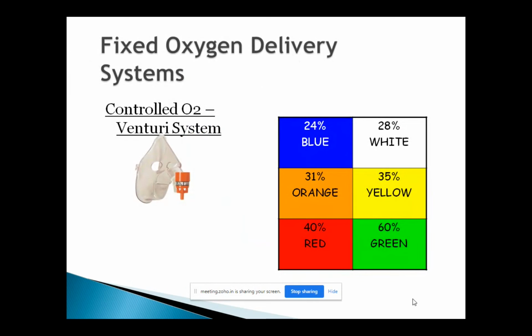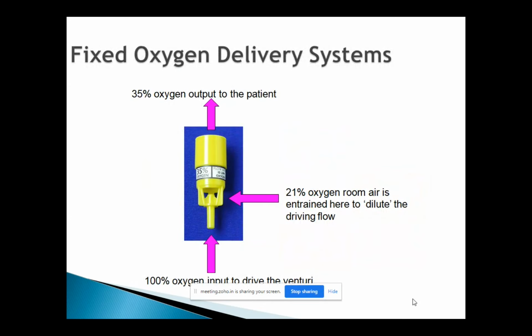So it's important, it's very simple, it's very much color coded, you can't go wrong, and the manufacturer instruction will be on the side of the valve. So 24% will be 2 liters, 28% will be 4 liters, orange maybe 6, yellow 8, red maybe 10 or 12. As I said, different manufacturers have different instructions, but I would strongly recommend you follow the instruction on the valve. It will be printed very clearly how many liters of oxygen you should give the patient to deliver a specific oxygen concentration.